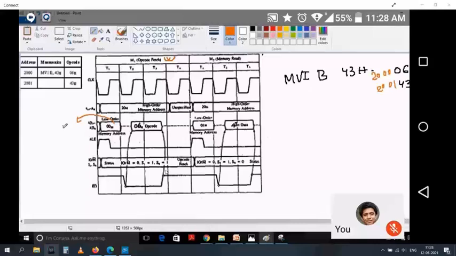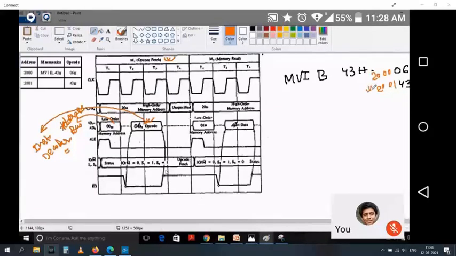So this was my address bus, where I have put the low order 00H. See, address latch enable has gone high here and then low. Input output memory has gone low and read has gone low. So I have put my 06H here and I have taken it to my instruction decoder. This is what we discussed just now.